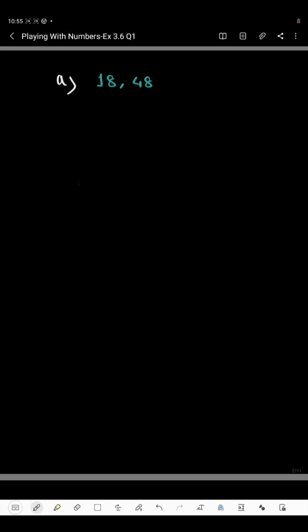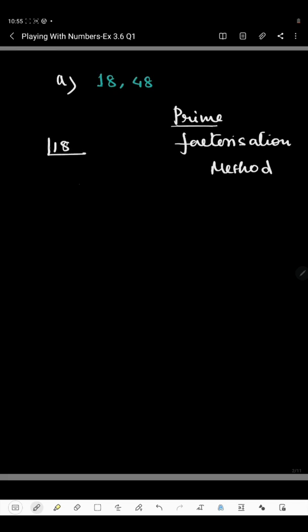Now I'll show you finding HCF by the prime factorization method. Here we will have to find the prime factors by the repeated division method. We will have to take the prime numbers only. So at first we will take 18. Now we'll start with 2. 2 9s are 18, 3 3s are 9, 3 1s are 3. Okay, we'll just find the prime factors by the repeated division method.